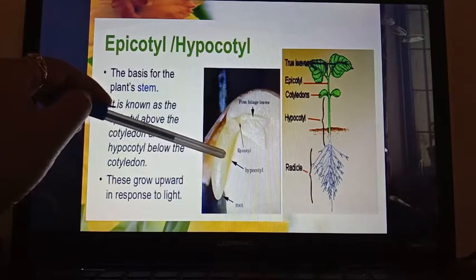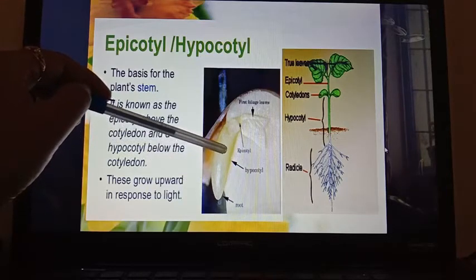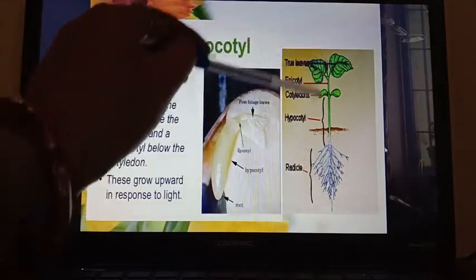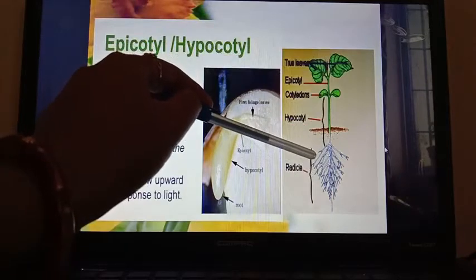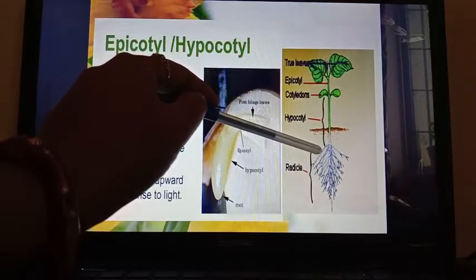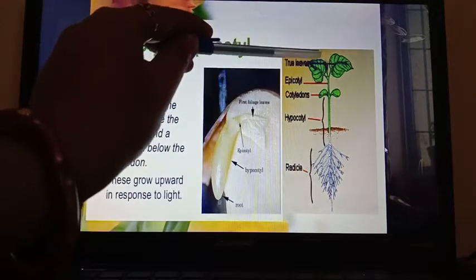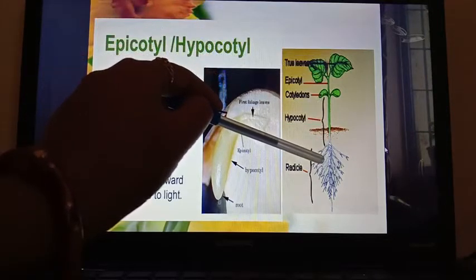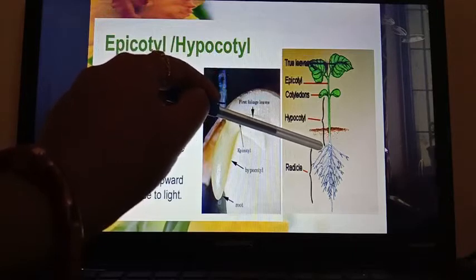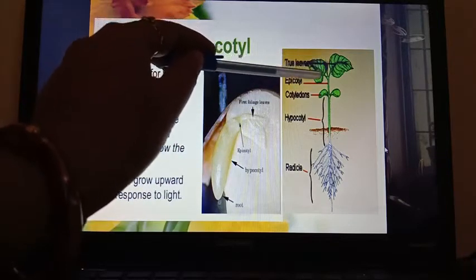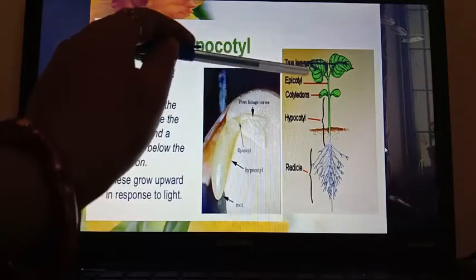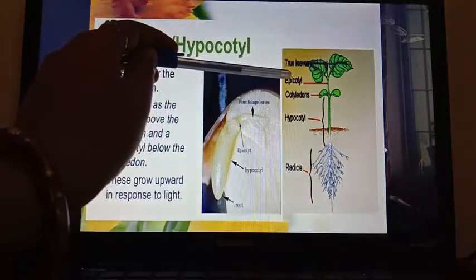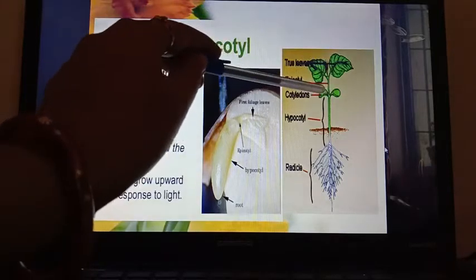Okay. So when the germination is going to start, you can see in this figure, I have told already that from the radicle root system will develop and from the plumule shoot system will develop. Obviously you know root system will develop under the soil or the ground, and shoot system will develop up the ground. So you can see these are the foliage leaves, true leaves. This is the cotyledon.